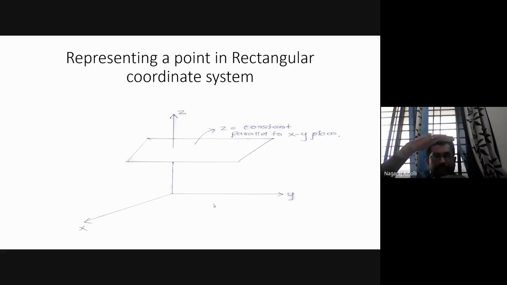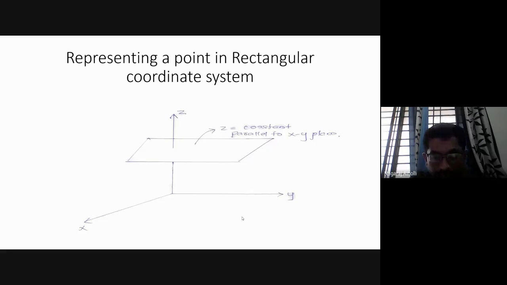This is our xy plane, that is the ground floor, the floor. Okay, so z is cutting on the z axis, that is, on the front wall it is cutting, right? So that comes in parallel with the ground plane or the floor. Correct. So this is how we are getting z equal to constant parallel to the xy plane.